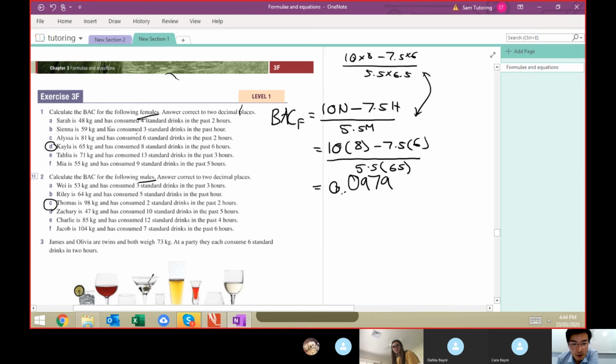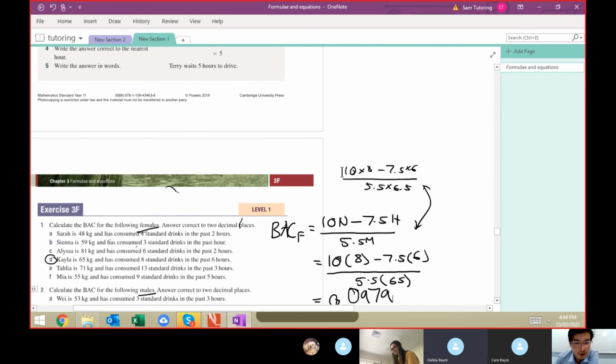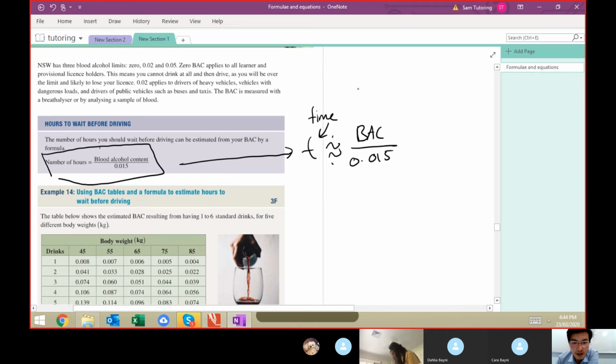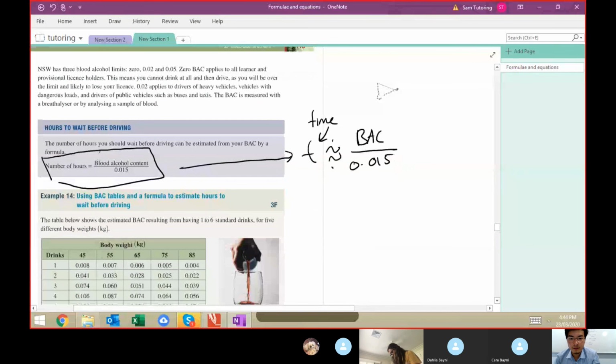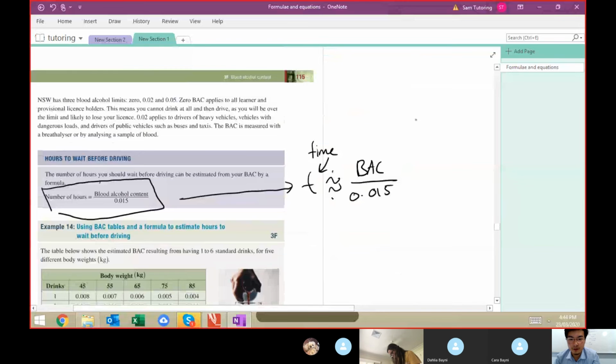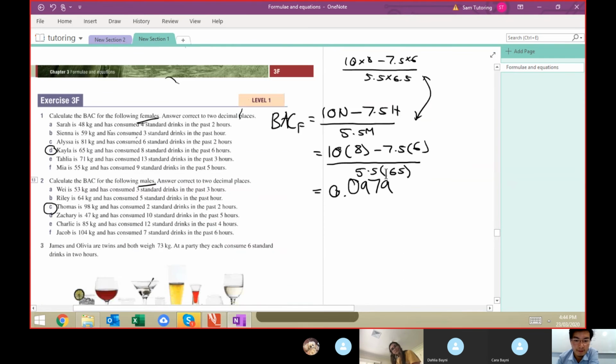So I'll tell you what. I'm going to add something else to this question. I'm going to also incorporate the use of this formula here. Let's see how long she has to wait until she's able to drive again. So the value we got for BAC goes into here, and you just put BAC over this value, and it tells you how long she has to wait until she's able to drive again. So the way you do that is time is equal to